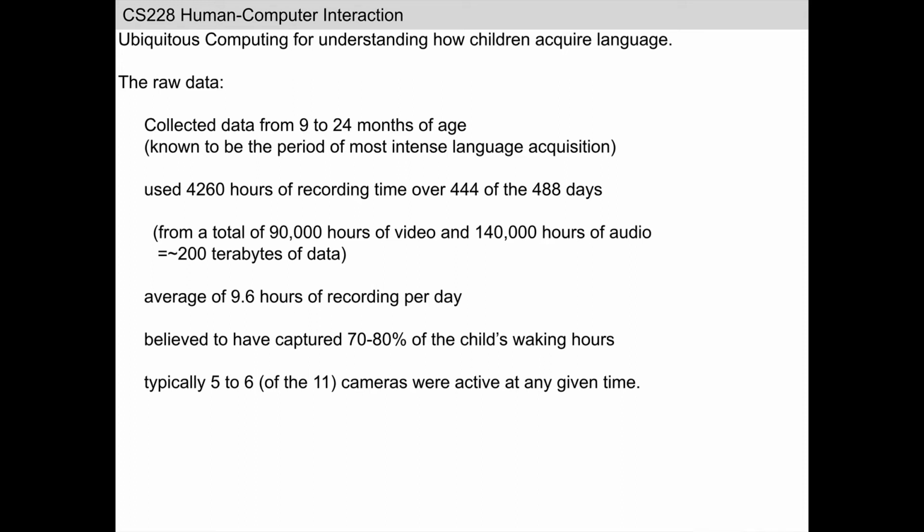Of course, they're recording not just the child, but they're recording the 3 other caregivers. So Professor Roy, his wife, and the nanny, they're recording their behavior as well. So given the behavior of these 4 individuals in the home, typically 5 to 6 cameras were active at any given time. Here's a quote from the paper, that's the reading for today, in which Professor Roy distinguishes his approach